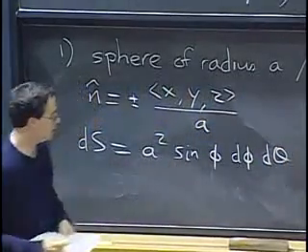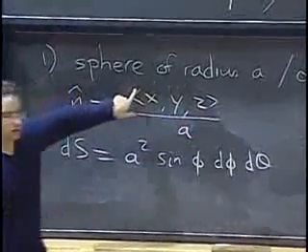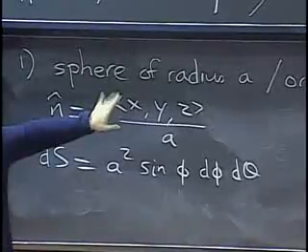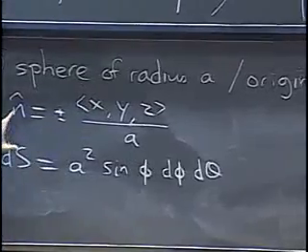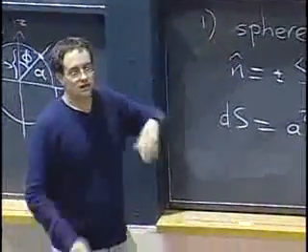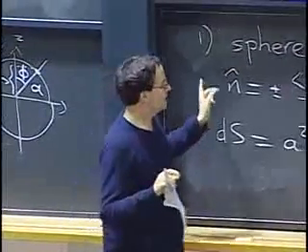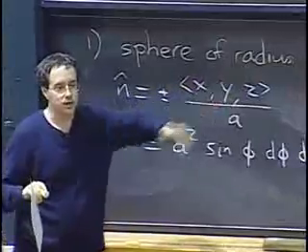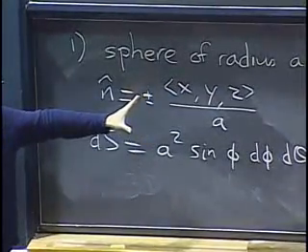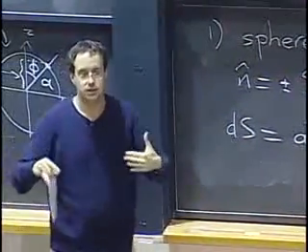So in fact, we will express everything in terms of phi and theta. If I wanted to, I could tell you the formulas for x, y, z in terms of phi and theta. You know them. But it's actually better to wait a little bit. It's better to do F dot n first, because F is also going to have a bunch of x's, y's, and z's. And if there's any kind of symmetry to the problem, then you might end up with things like x squared plus y squared plus z squared, which are easier to express in terms of phi and theta. So the advice would be, first do the dot product with F, and then see what you get, and then turn it into phi and theta.